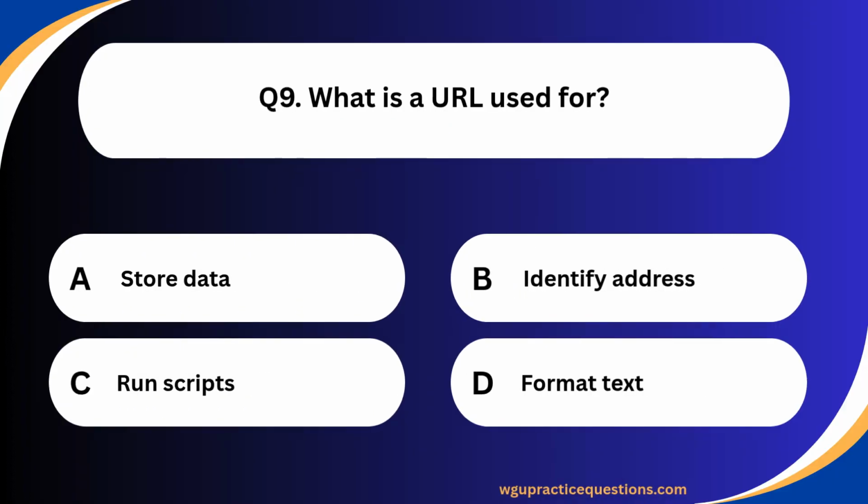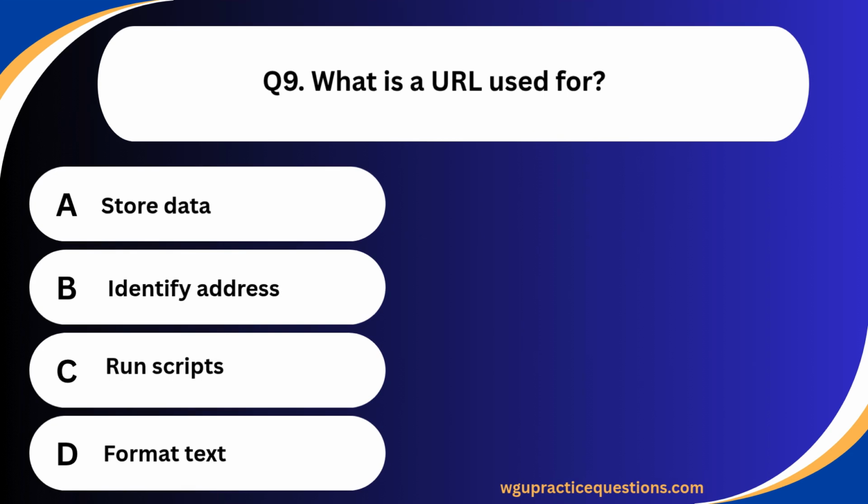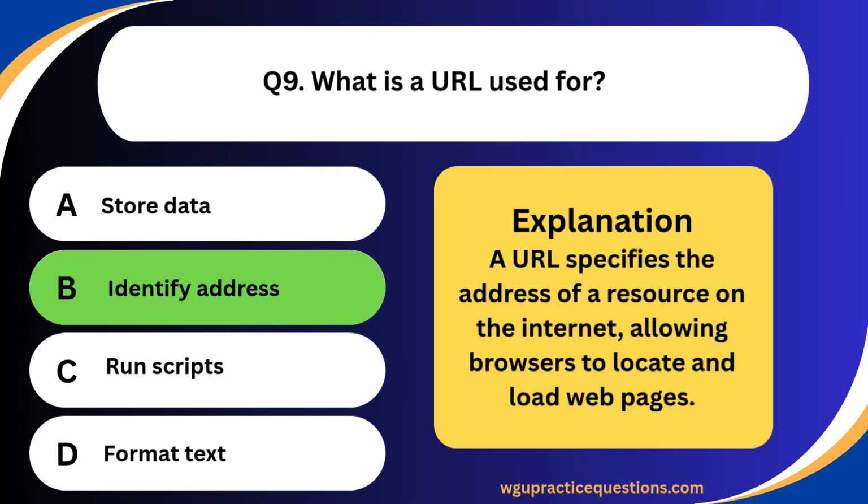Question 9. What is a URL used for? A. Store data. B. Identify address. C. Run scripts. D. Format text. Which one is the correct answer? The correct answer is B. Identify address. Explanation. A URL specifies the address of a resource on the Internet, allowing browsers to locate and load